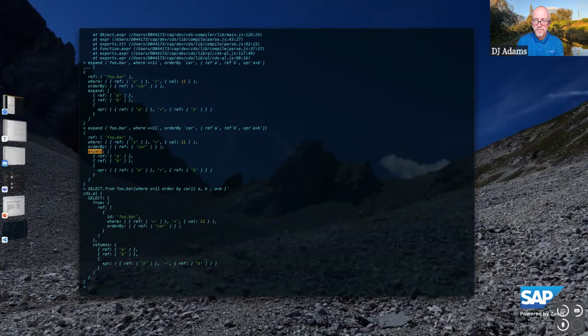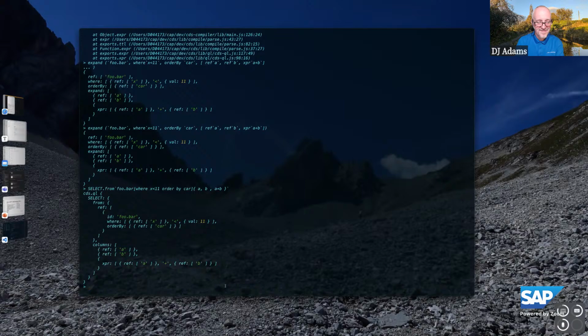Then you have a columns clause. When I do an expand, we called it expand, and when we do a select, we called it columns. But it's always the same concept. And this concept goes back to relational algebra or relational model projection. So it's really based on some very proven science, the relational model. Well, okay, this is called the art and science of CAP, so that's okay. That's allowed.